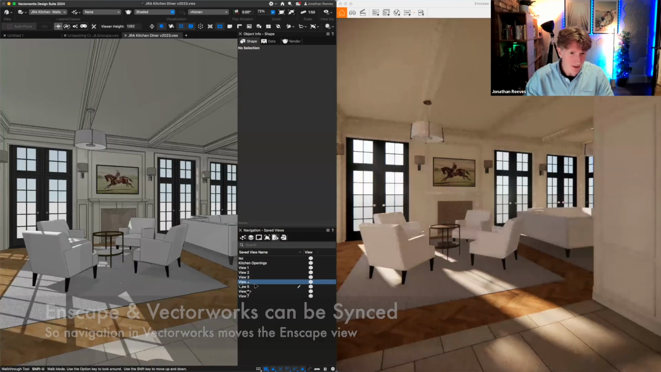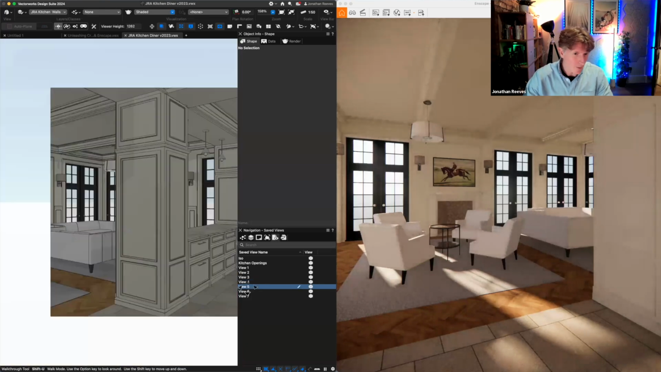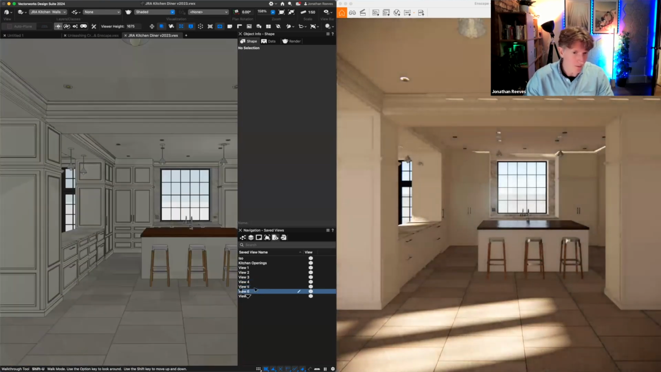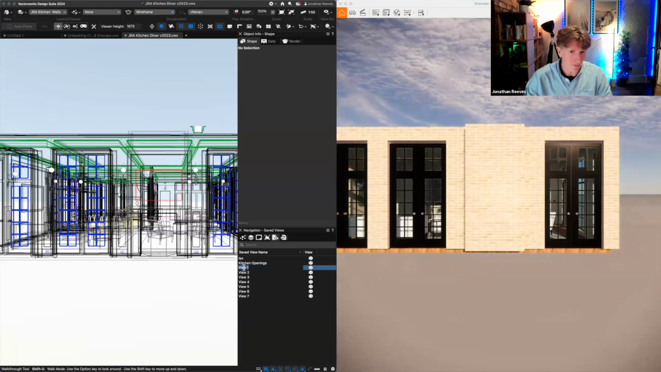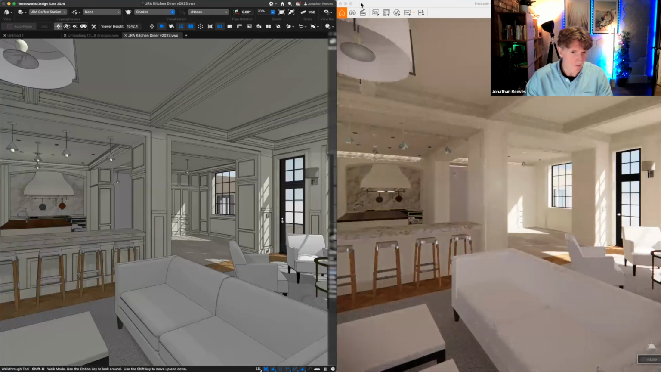If I go to my different view, I can double click into Vectorworks on the view, and that will navigate across into Enscape. I really like that. I think that's a really cool feature. And then vice versa,